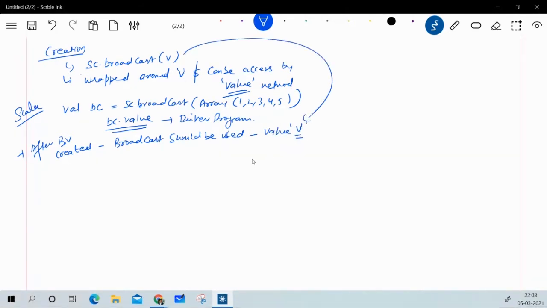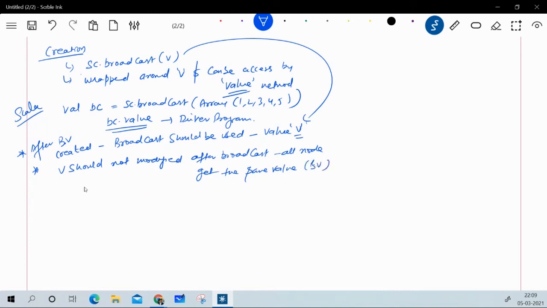So v should not be used more than once. Now the second thing about broadcast variables is that v should not be modified after the broadcast, right? Because by doing this, all the nodes get the same value, that is the broadcast variable. That is why v should not be modified.